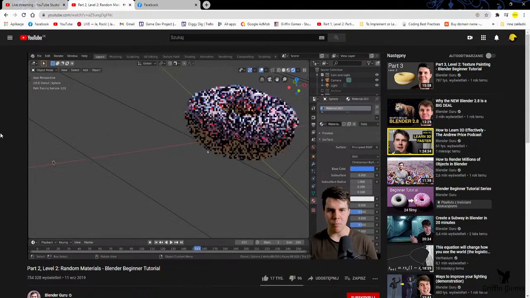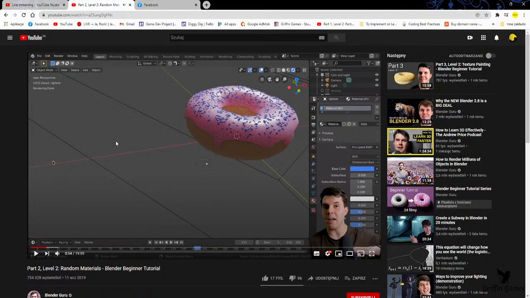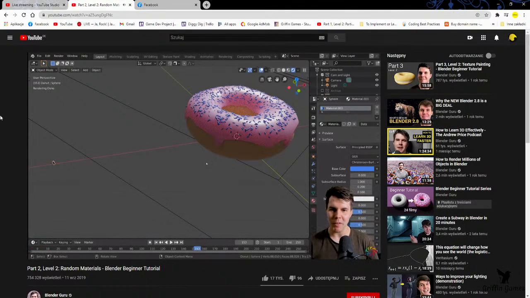Now, we could duplicate this and make a whole bunch of different ones with different colors, and that was actually the way I did the first tutorial 3 years ago, because I thought that was easy for people to follow. But the best way to actually create a randomized color set on your sprinkles like this